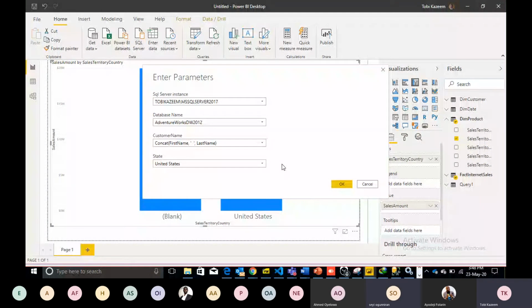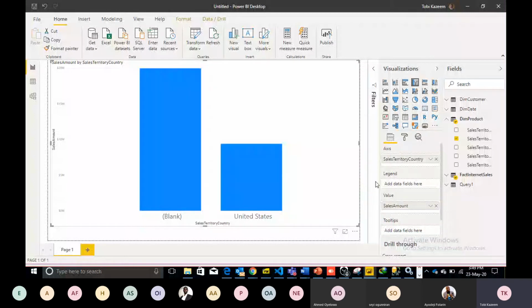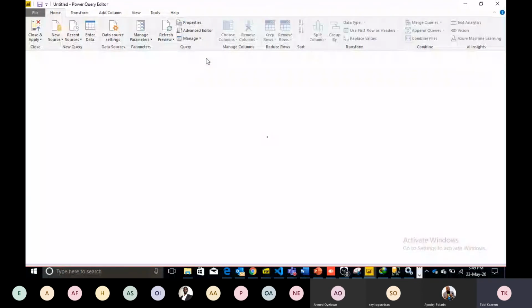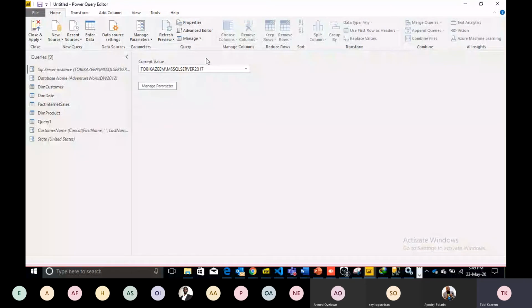Now let me show you something nice that I always do. I have my own connectors for every flat file. I'm just a bit crazy about not doing it the regular way people do it. For example, if you want to connect to an Excel file, you need to do it like this. So I have my code for flat files. It's not restricted to SQL. So if I dump this code,